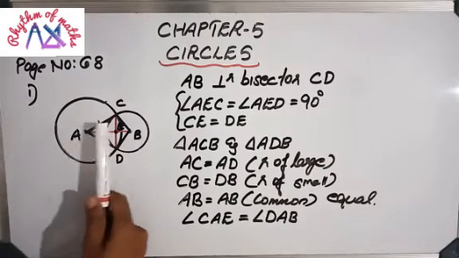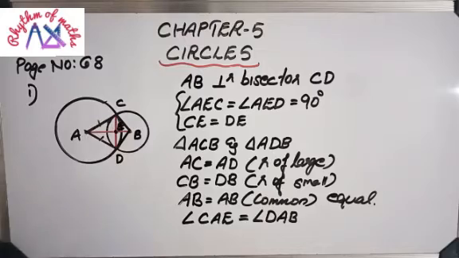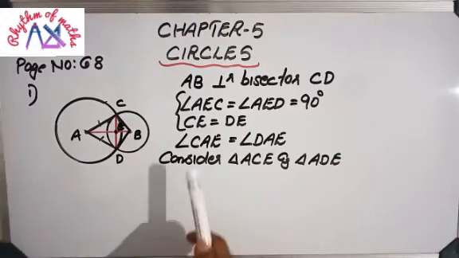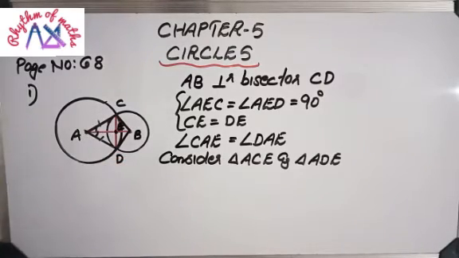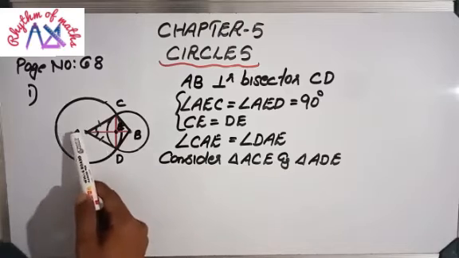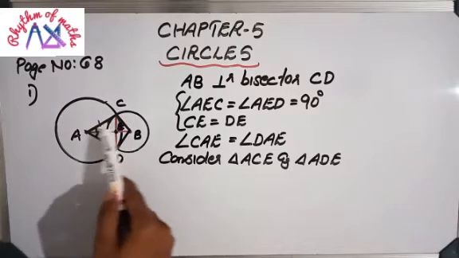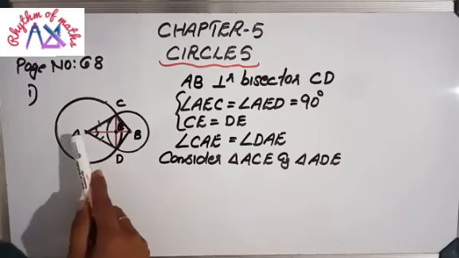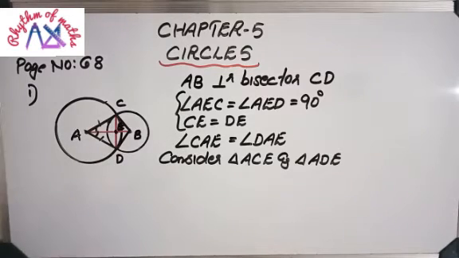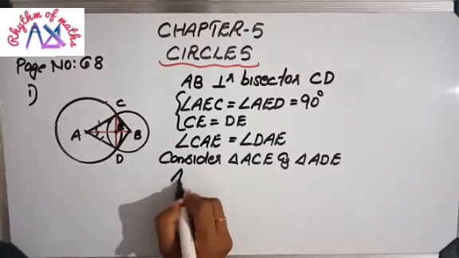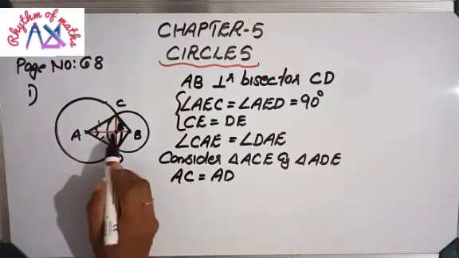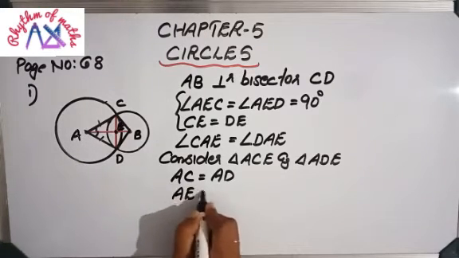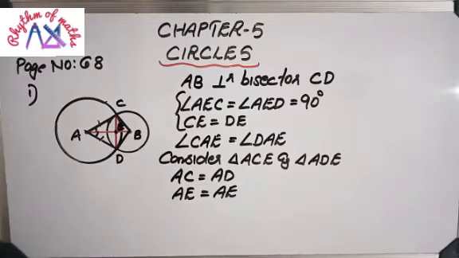Then next one we are going to consider the first portion. That means these two triangles. So first one we got CAE and DAE equal. That means these two angles we got as equal. Now we are going to consider triangle ACE, this only a small portion, then ADE. These two triangles we are considering. Now here which all are the equal sides? AC and AD same radius, so AC equal to AD. Next is what? AE is the common side, AE equal to AE.